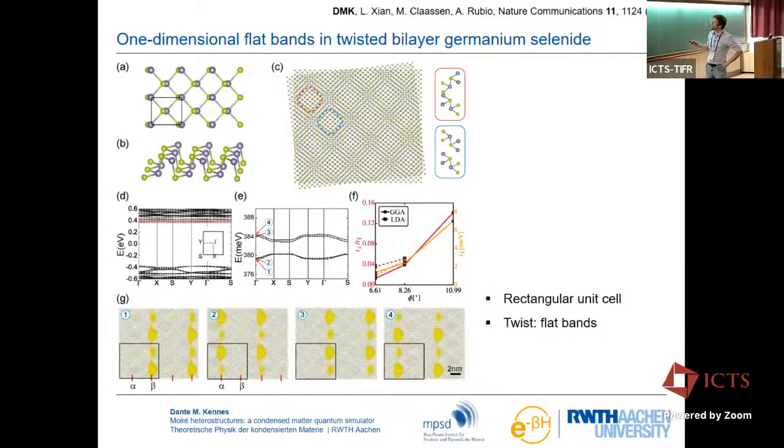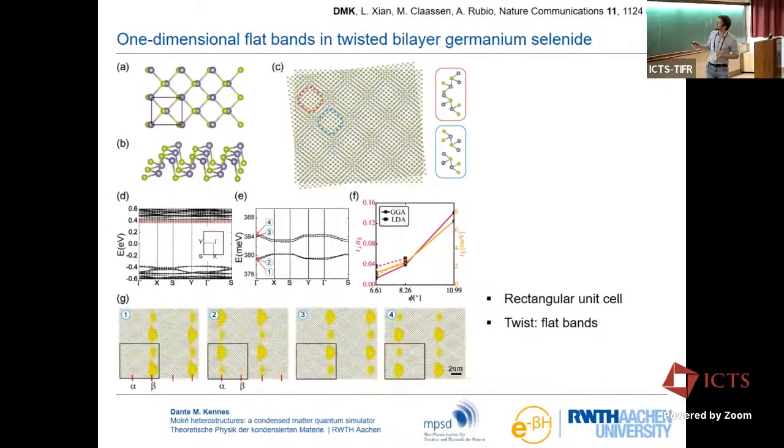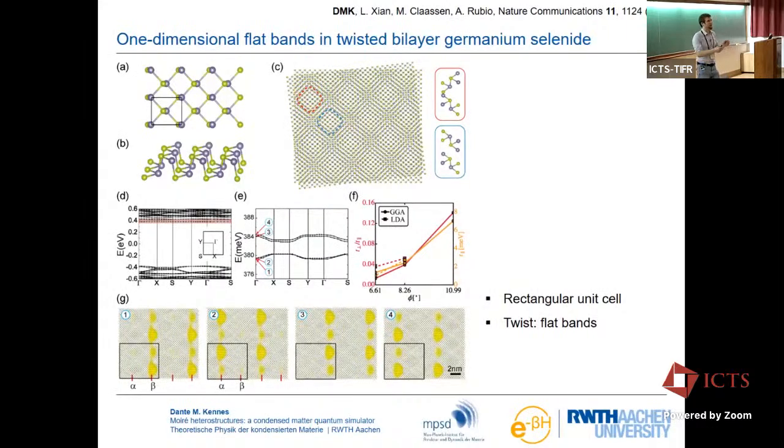We have yellow data that relates to the right axis, and that's the overall bandwidth. This is illustrating the fact that when you go to small twist angle, the bandwidth gets smaller and the bands become overall flat. The other thing plotted at the left, this red axis, is the ratio of electrons making a perpendicular move to an in-chain move.